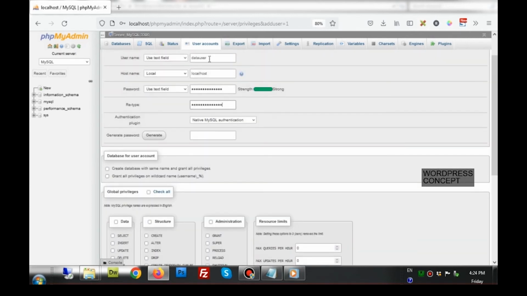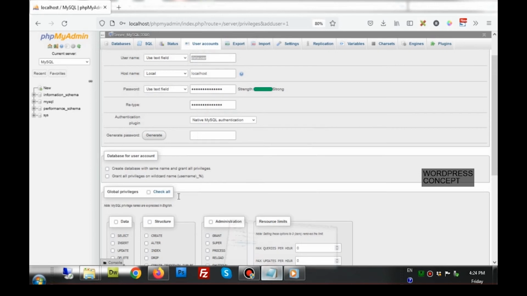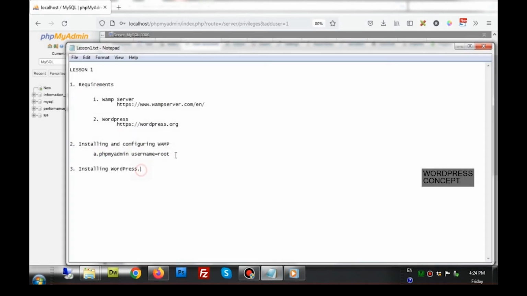You need to actually keep these things with you as well in a file. I'm copying this username. This is the database username, so I'll copy. I am copying username is equal to this one, that the password is.